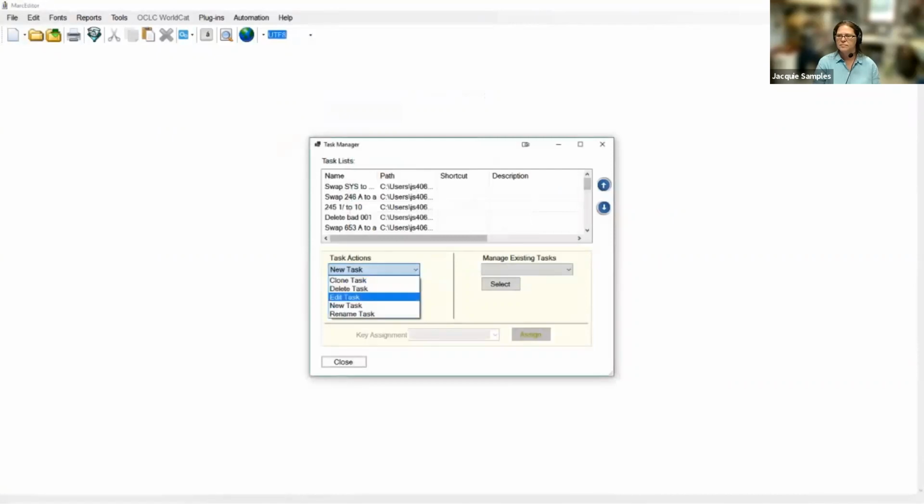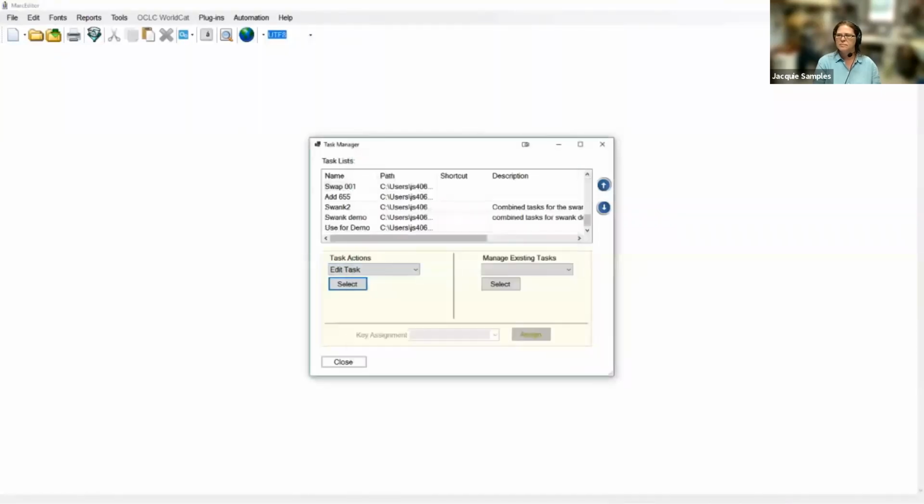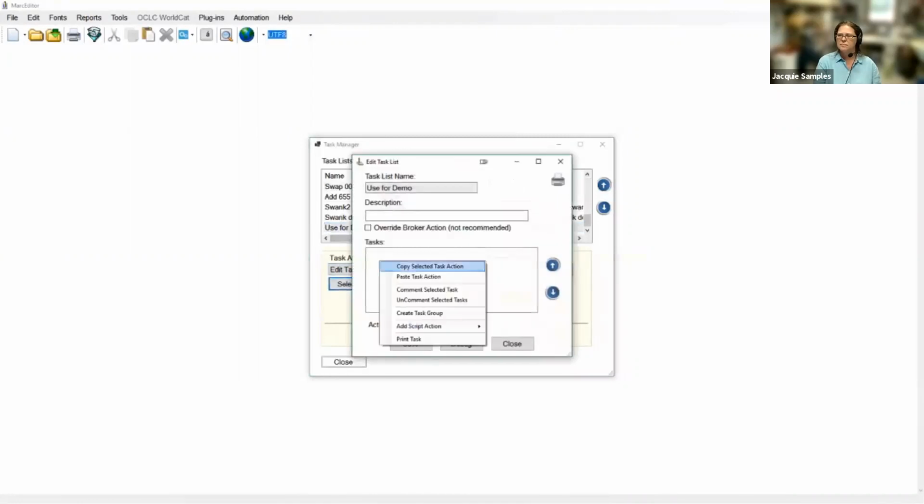Then to actually copy the individual components of a task, we click on the component, the task, and say edit task select. We right click on the task box, we copy the edited task action, and then we go back to our new task, we edit it, and we right click on the box again, and we paste the task action, and we save that.